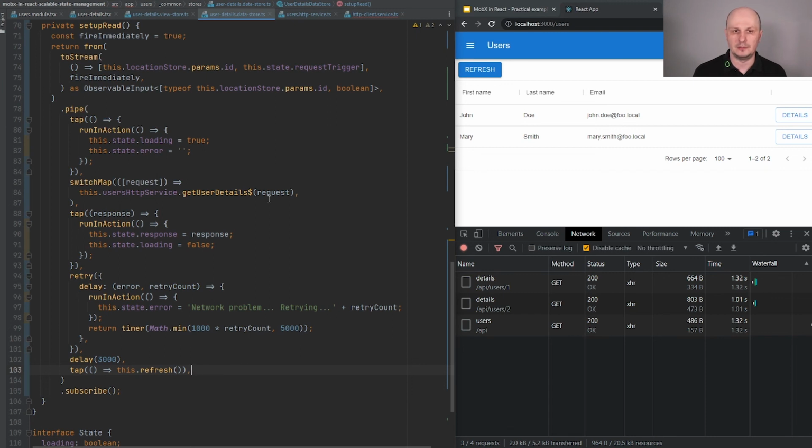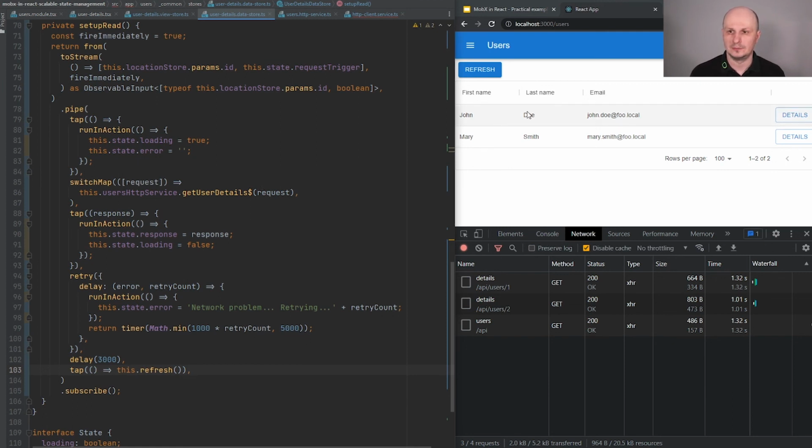Then maybe it will be much easier to integrate or synchronize React Query with MobX state. I'm going to try this approach in the future, so I will let you know when I'm finished with that.